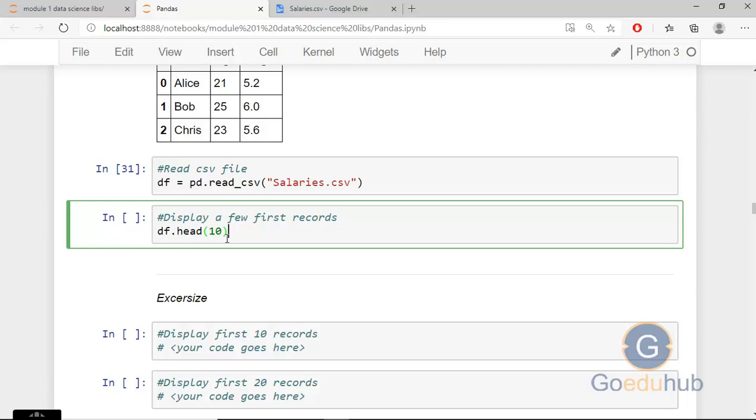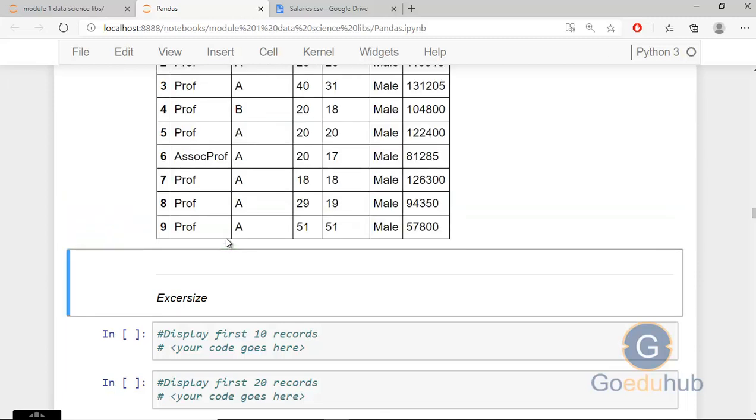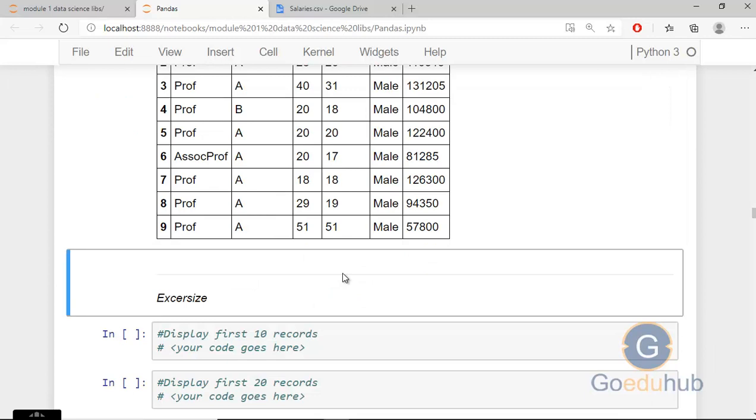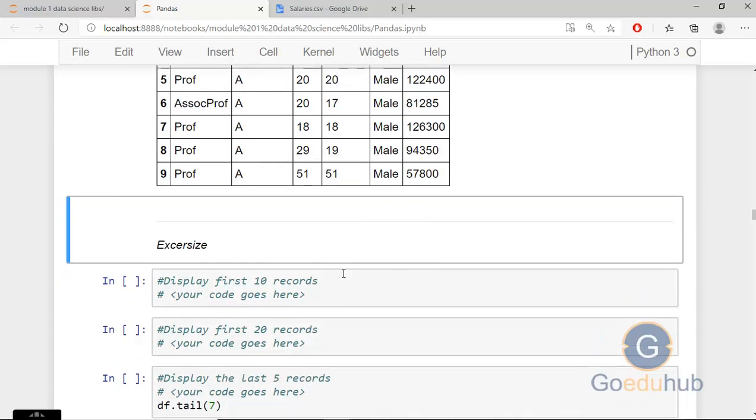So I can display the first few records using the head function. df.head(10) I have written here, and you can see the top 10 records, all the columns of the top 10 records. So we can display the first 10 records, and if I ask you to display the first 5 records, then what will you write? df.head(5). Similarly, I can give you an exercise like this: display the first 20 records. So you can write